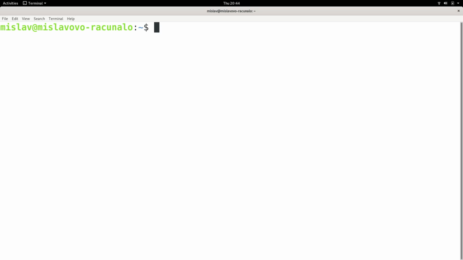Hello, guys, and today we are going to talk about the chmod command. Now, chmod command is used to change permissions of a file. Okay, and before we actually talk about the command, I have my terminal opened up here, as you can see, and I'm all ready to go,